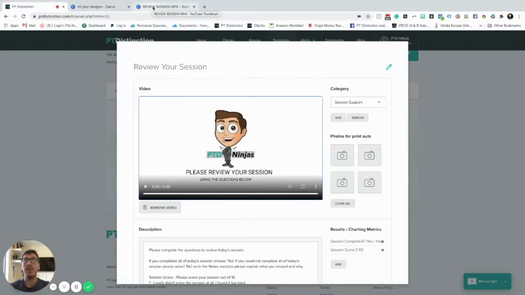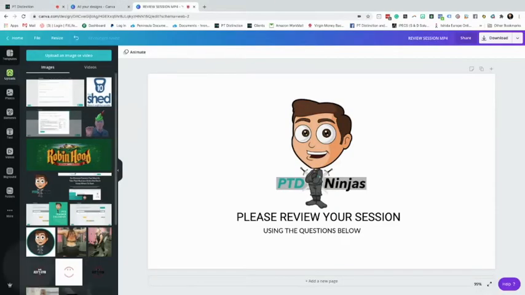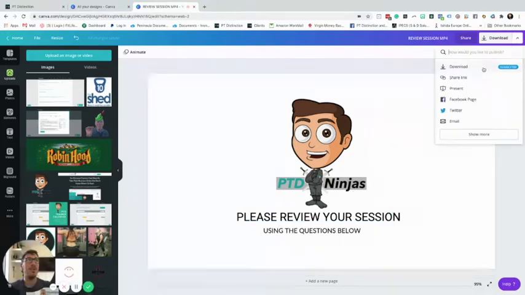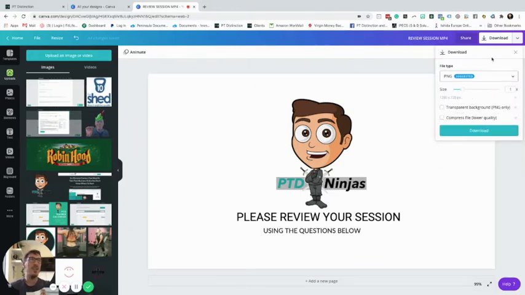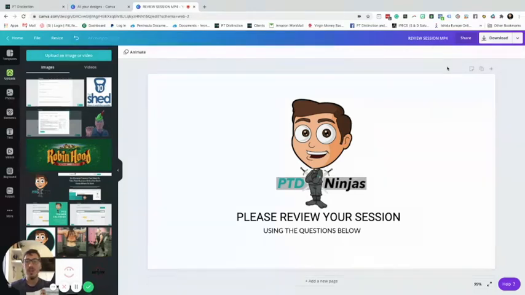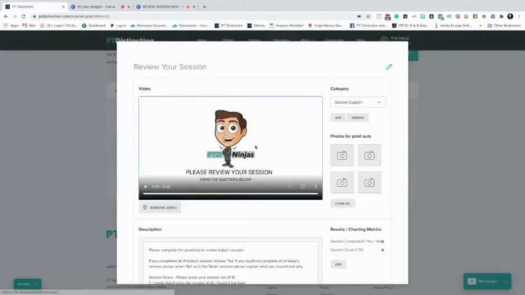If you have a Pro Canva account, when you create your icon in here, you can hit the download option, and inside here you can actually choose to download the MP4 file of that image. That's probably the easiest, simplest way to do it. If not, you can use any video editing software such as iMovie or something like that. Once you've downloaded your image, you can head back over to your PTD and upload it into